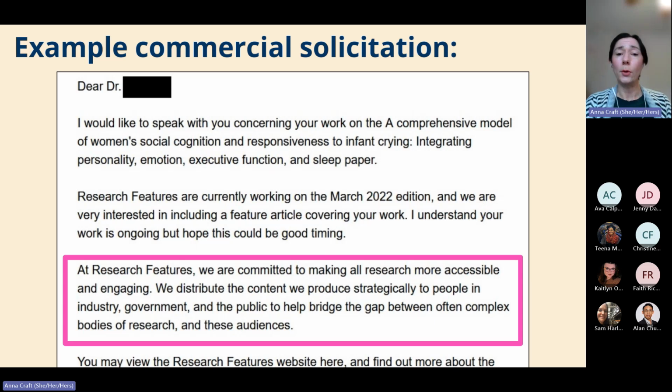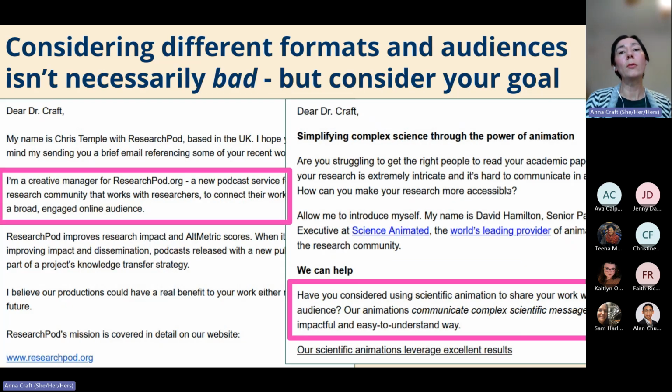Again, this could be useful in certain cases, but don't be confused about what this is. They are not telling you that they are going to publish and peer review your scholarship. They are trying to get you to pay them to get you in front of the public. So considering these different formats and audiences is not necessarily bad, but it may not line up with your goal.